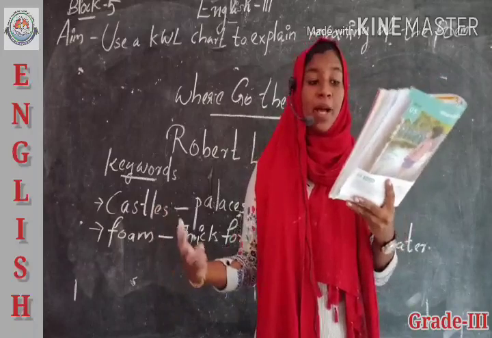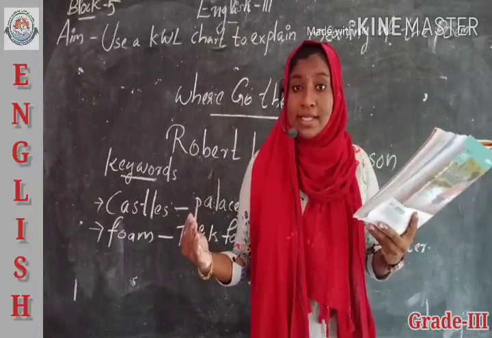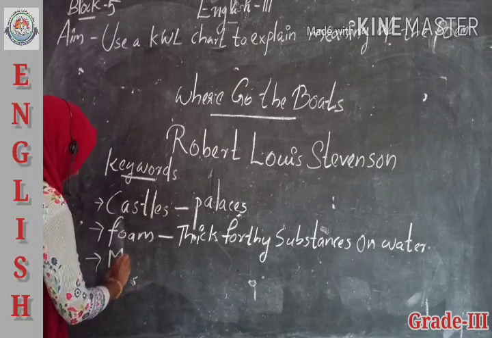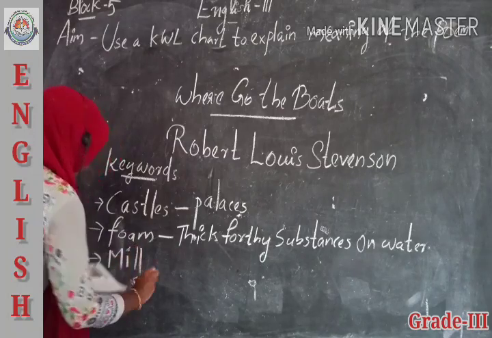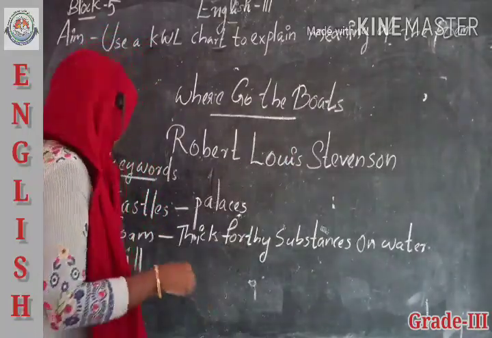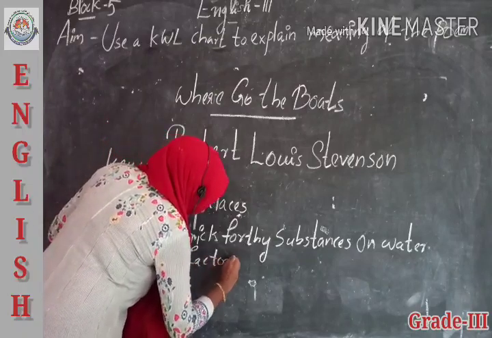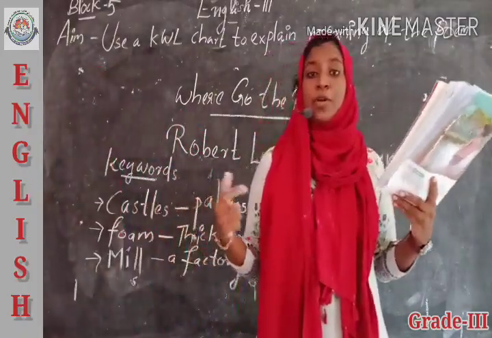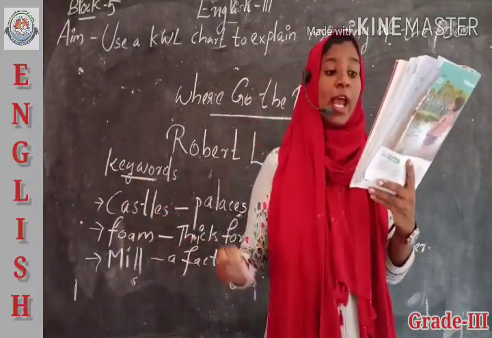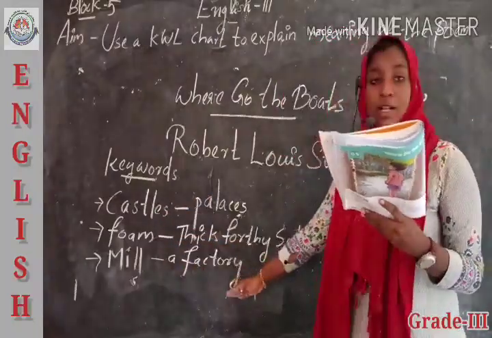So the toy boat made by the boy goes through that river and out past the mill. Mill means? Yes, it's a new word. Mill is a factory or a place where things are made. Okay. So mill is a factory. So the toy boat made by the boy was put in that river, and the river took that toy boat out past the mill. That means his toy boat passed that mill, or the factory.